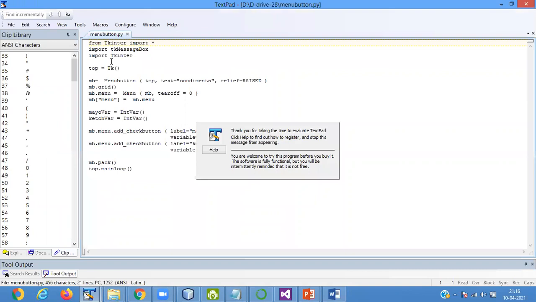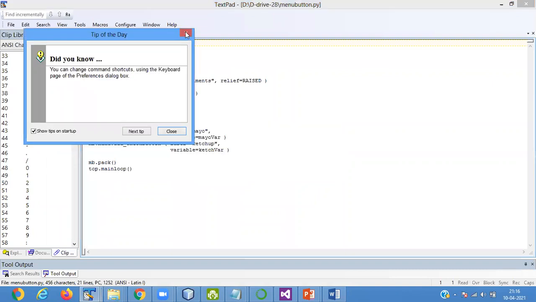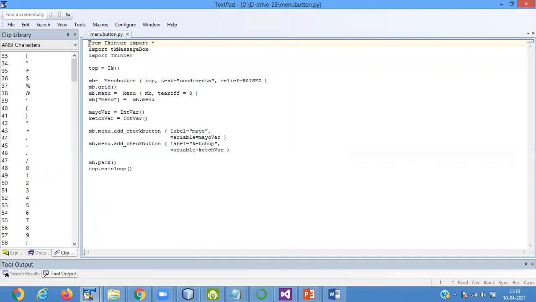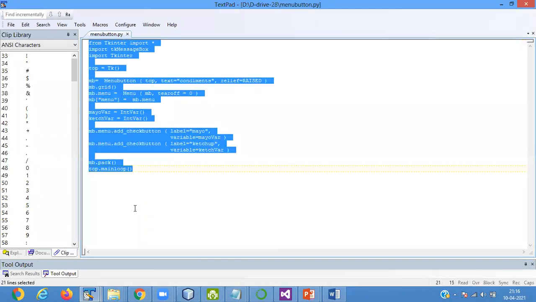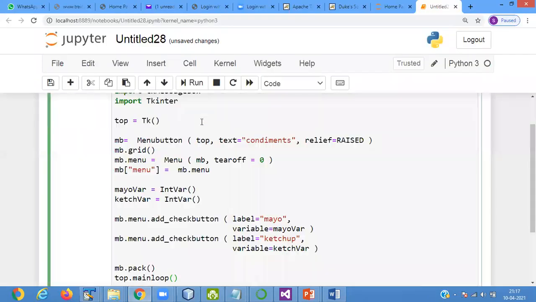Okay, so what is that menu button? Let's check. It is a program for menu button. Sir, one is master and another is Option.